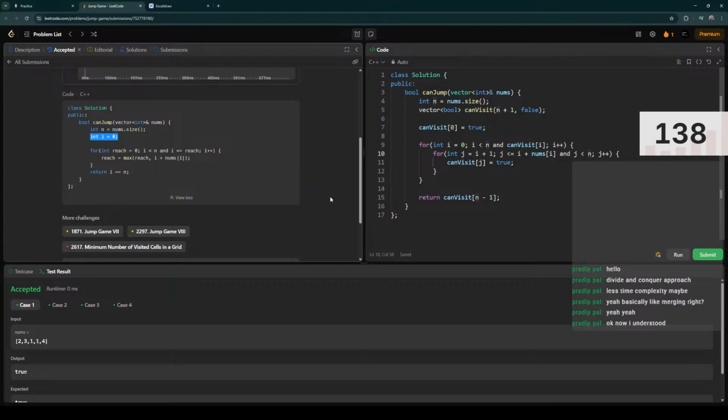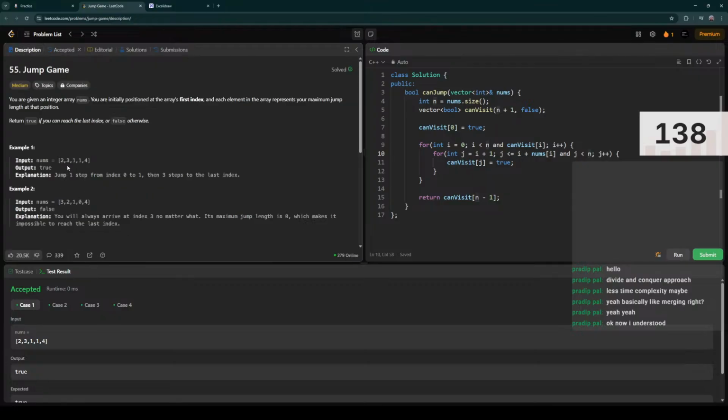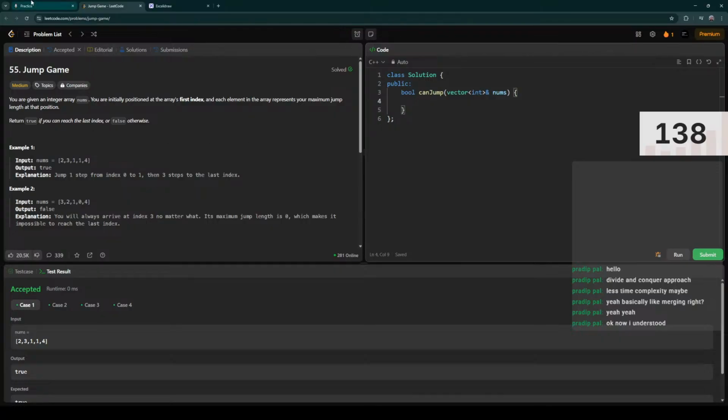Oh, yeah, this is a fair solution. We are maximizing reach here, like we keep track of how far we can jump. That's a good point, man. I didn't think of that, but that's why we are practicing. That's the point, man. Okay, int n equals nums.size(), which I don't need exactly, but still,